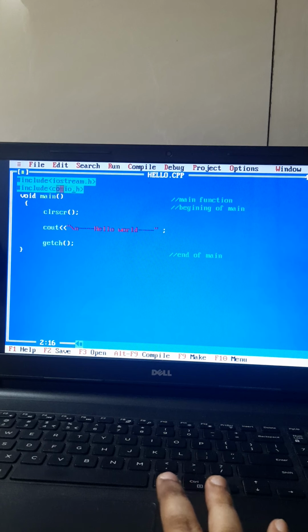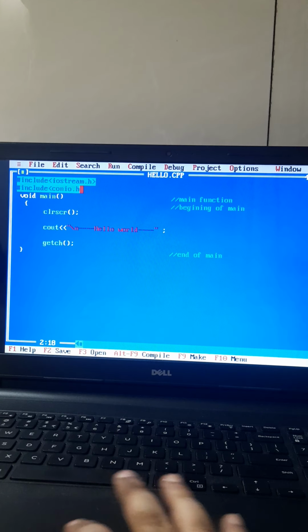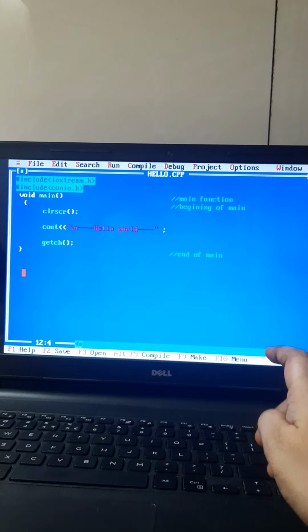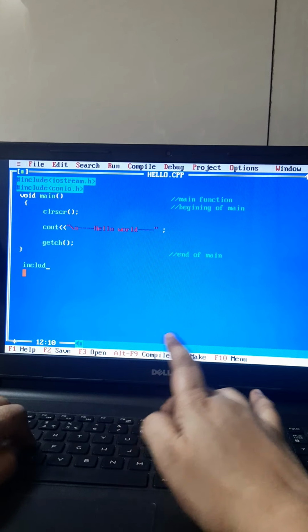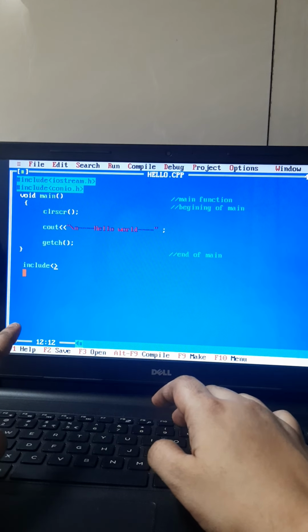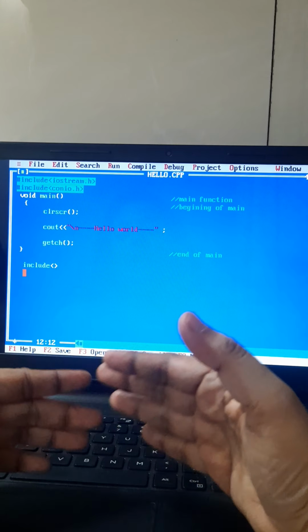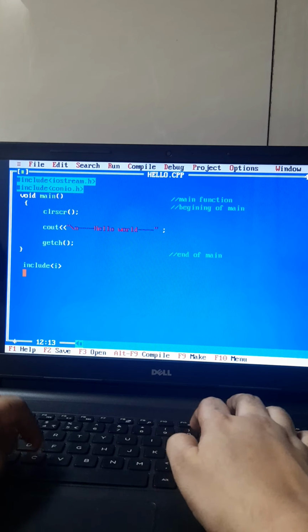Now you will notice that some words are green in color, some brackets are blue, some are red. Now here there is a box highlighter, something like that, so I'm just showing you. First I'm writing hash include. If I don't write hash, let's see what happens. Include, in these two brackets I have to write, see, automatically it is green in color. Then the bracket color, the compiler is automatically identifying it then and there itself when I am typing it. So hash include iostream.h.